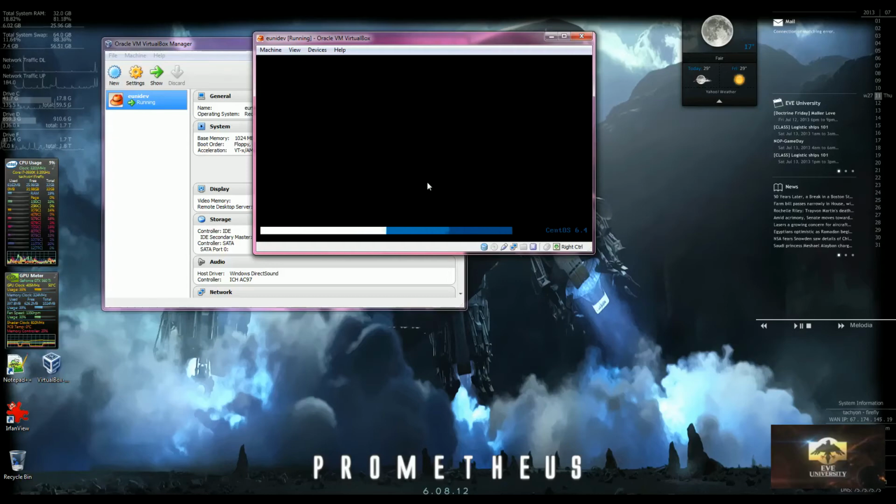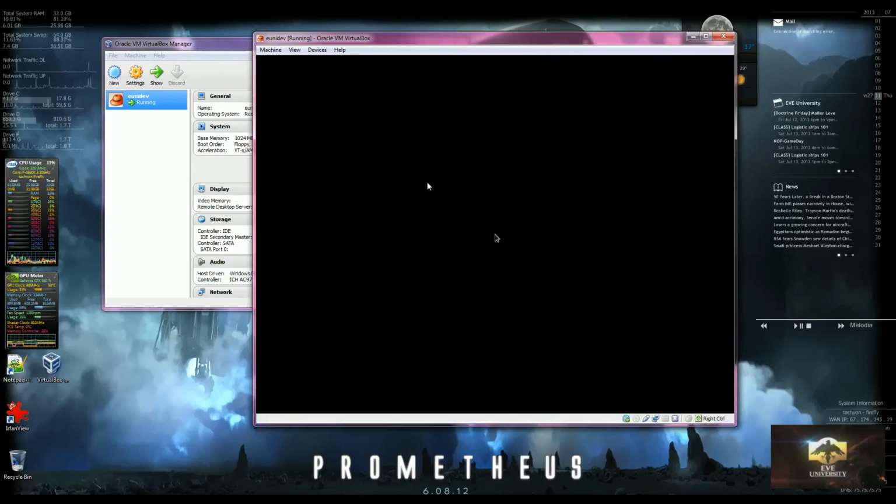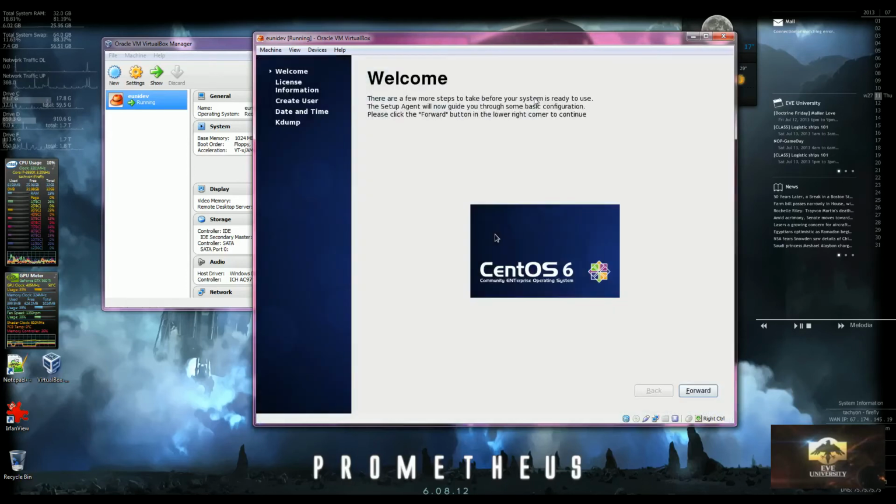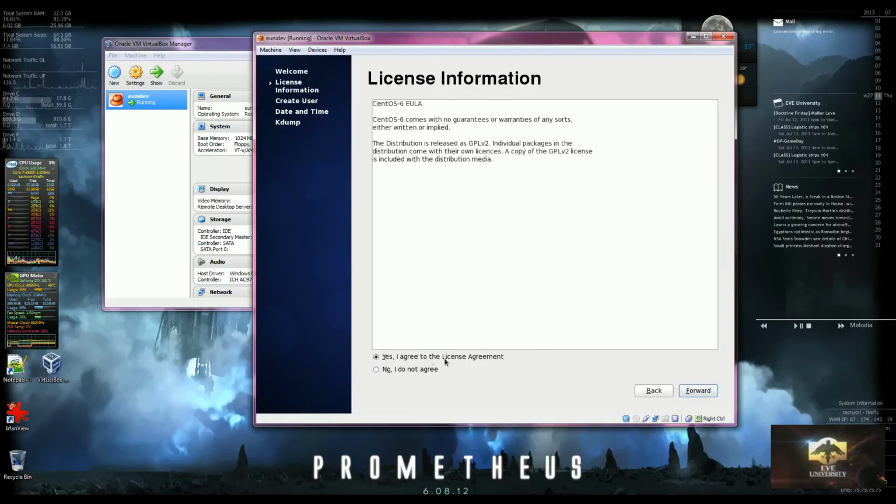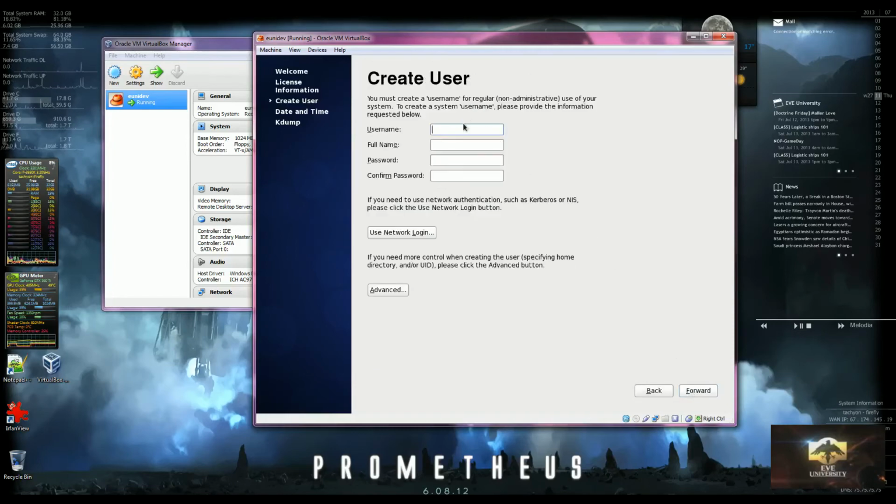CentOS 4 should start right up. Or my apologies, CentOS 6. And these last final things are essentially just final configuration. We'll go forward. Yes, agree to the license agreements. Now, you want to create a user for yourself because you do not want to log in as root all the time. So I'm just going to create a username for myself